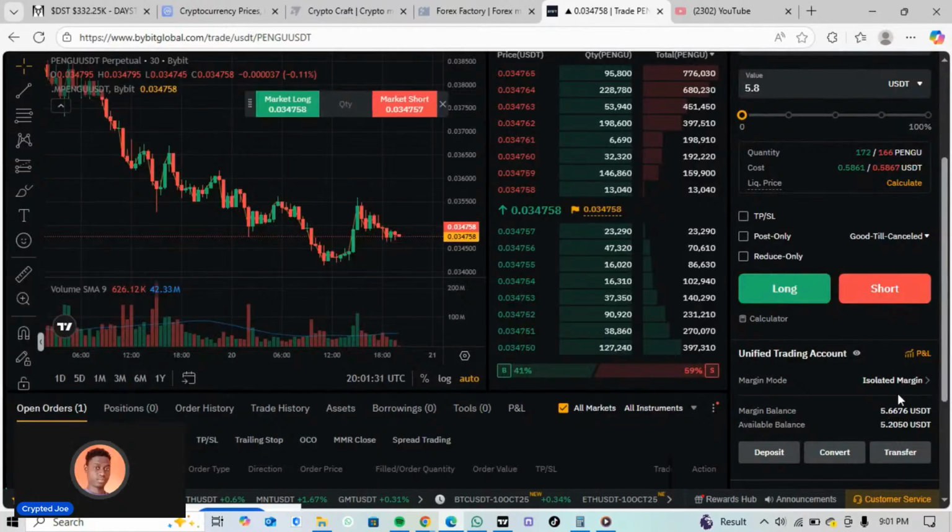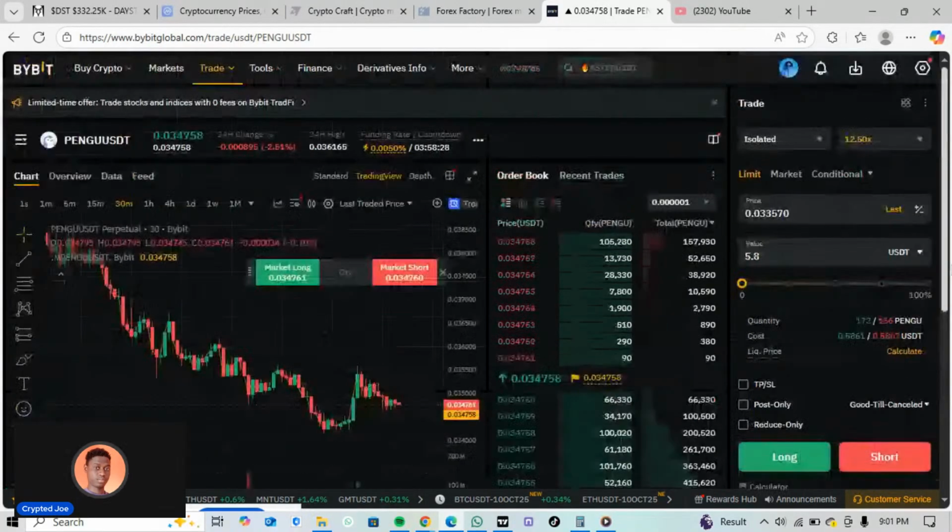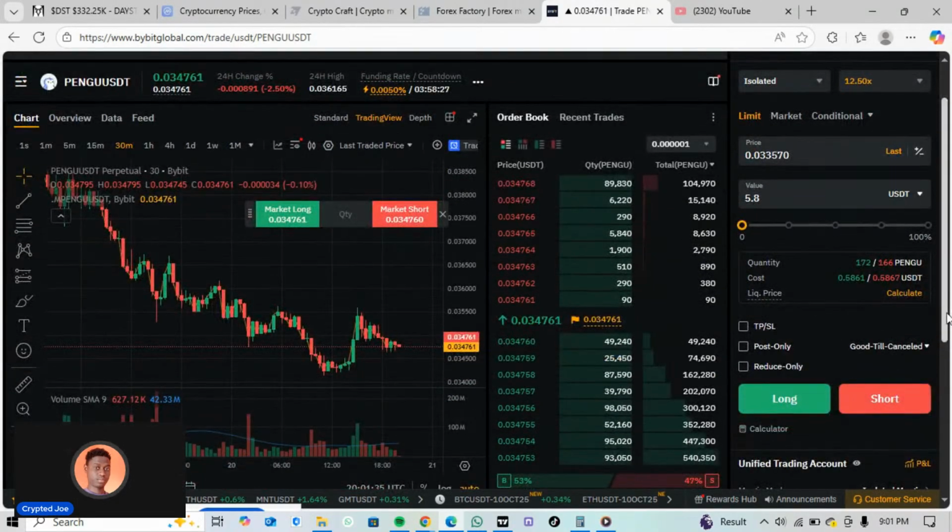It will start tapping money from your available balance to keep on powering up that position size, that trade, so that the trade can continue being active or being alive for it to keep on holding. You understand? And if it finishes up, anywhere you have money in your exchange,